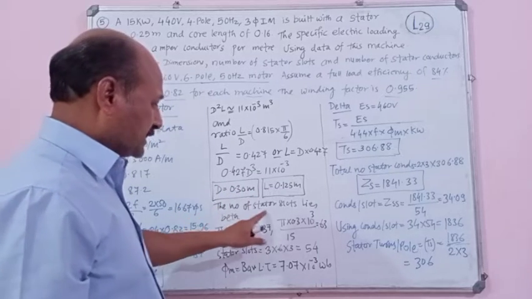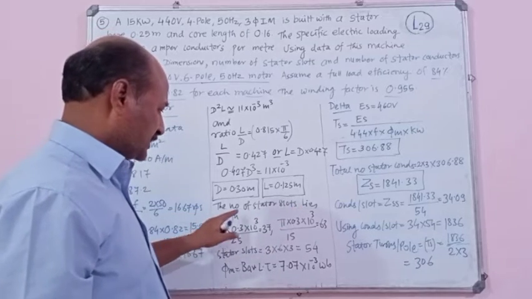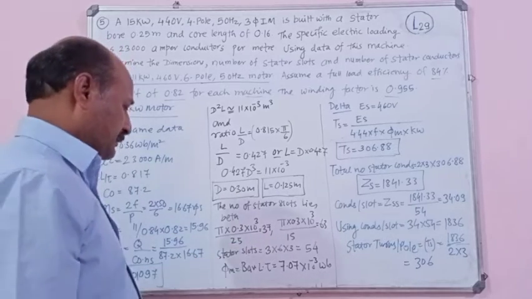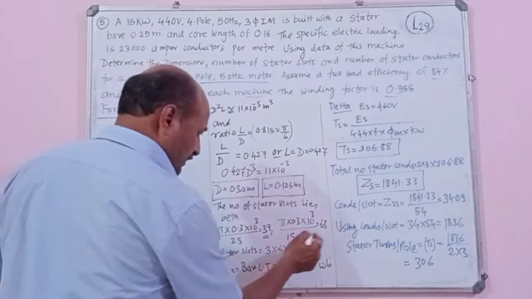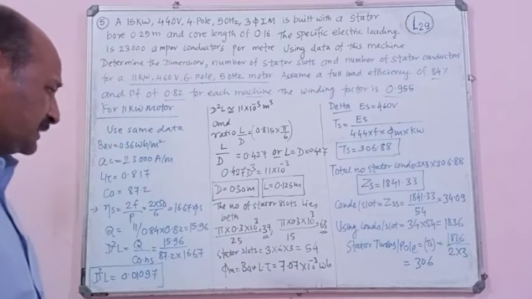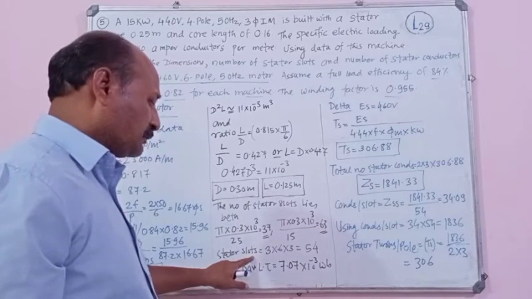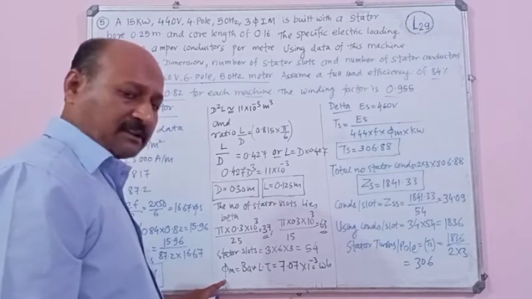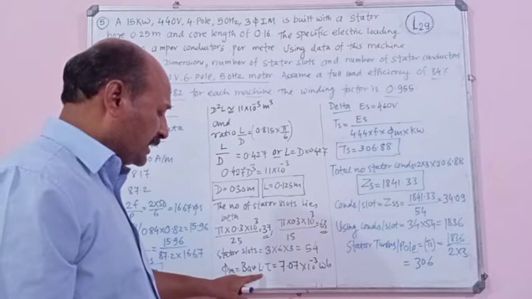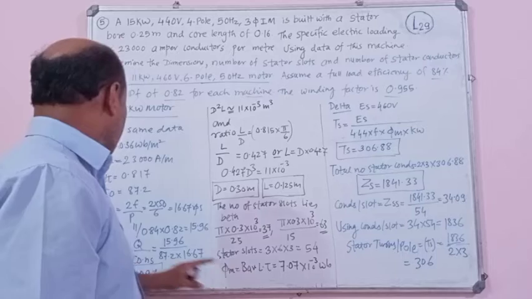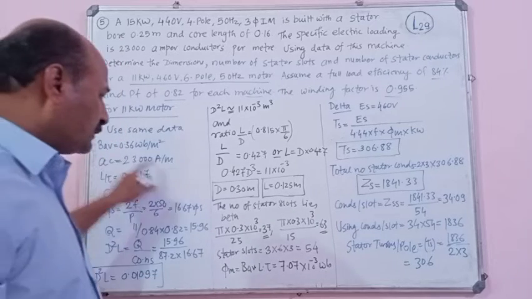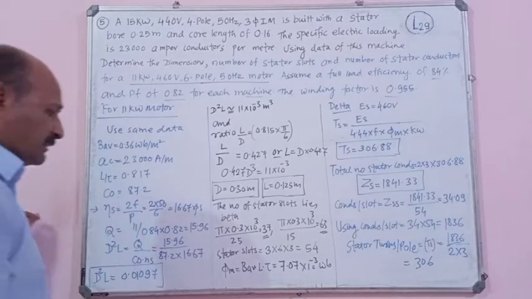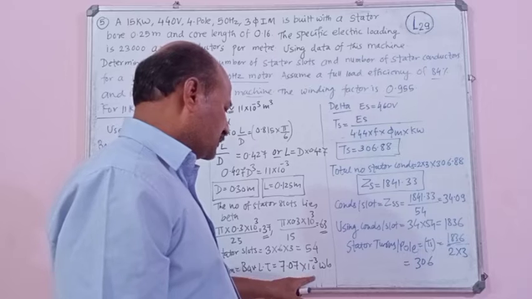Then the number of stator slots lies between 25 mm and 15 mm slot pitch. So in this way you will get the slots in between 37 to 63. So stator slots equals to number of phases multiplied by number of poles multiplied by 3 equals to 54. So phi m equals to the average flux density into L into tau. We have the average flux density equals to 0.36. We have the value of L and we have the value of tau also. So in this way you will get the value of phi m as 7.07 into 10 to the power minus 3 Weber.